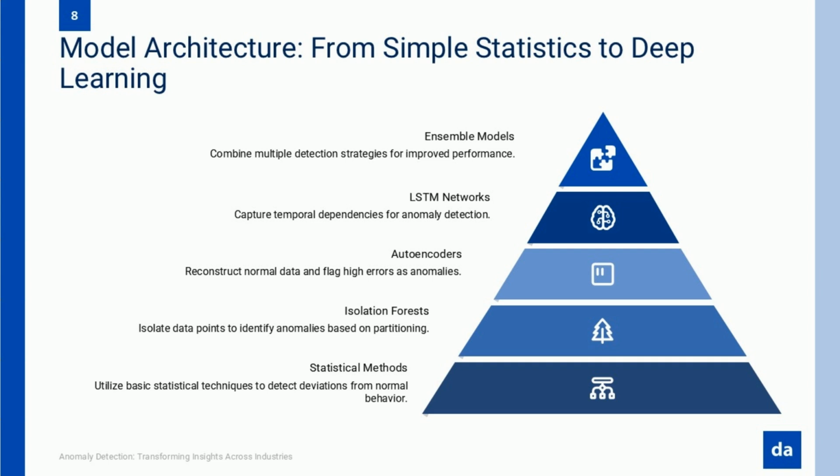The research reveals a fascinating finding. Ensemble models that combine multiple architectural approaches consistently outperform single model implementations. By leveraging the strengths of various detection strategies, these ensembles achieve benchmark performance with recall rates of 0.92 and precision of 0.82, significantly outperforming individual approaches. An ensemble might combine statistical thresholds to catch obvious anomalies, autoencoders to detect pattern deviations, and LSTM networks to identify